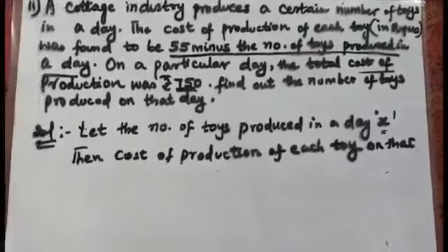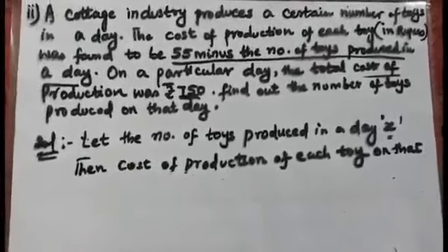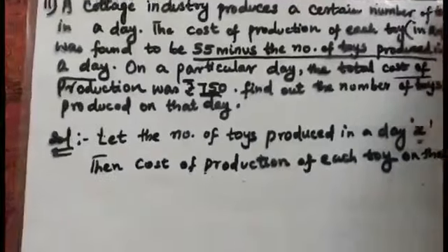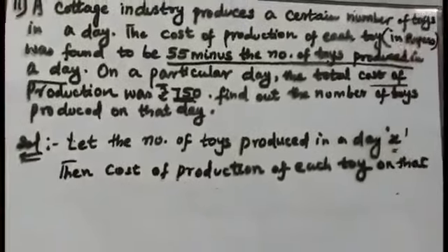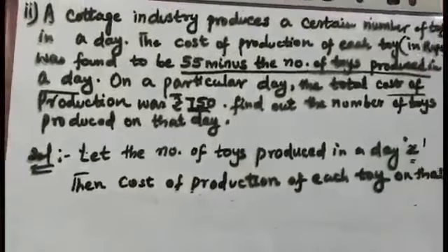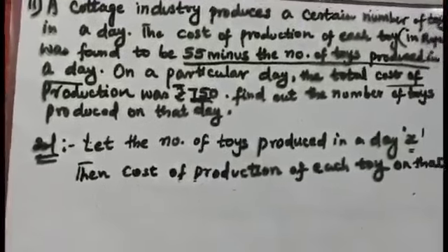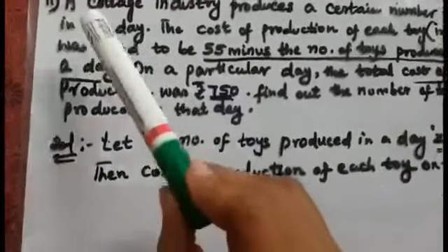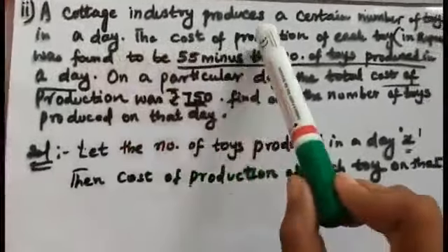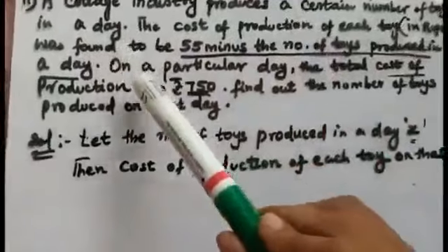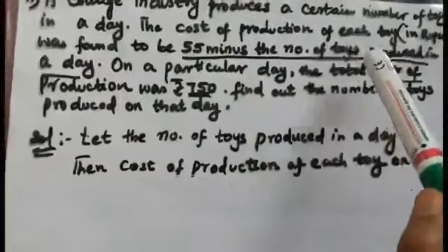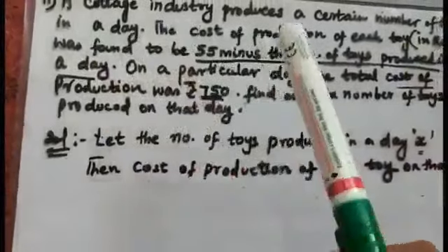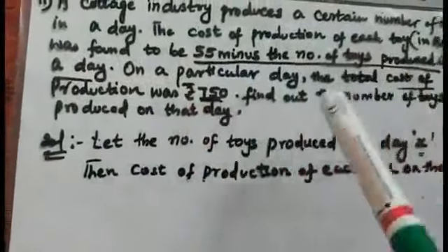Now let's go to the second question, second bit. Now let's start question number 2, second bit. It is information regarding a cottage industry. A cottage industry is nothing but an industry where people work from home on a small scale. For example, they are making agarbattis, making candles, or making handicrafts or soft toys.